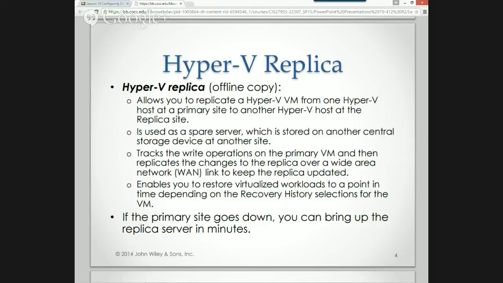So the only thing being transferred over the WAN link are the changes. It enables you to restore virtual workloads to a point in time, depending on the recovery history selections from the VM. So how often are we doing this? If the primary site goes down, you can bring up the replica server in minutes.